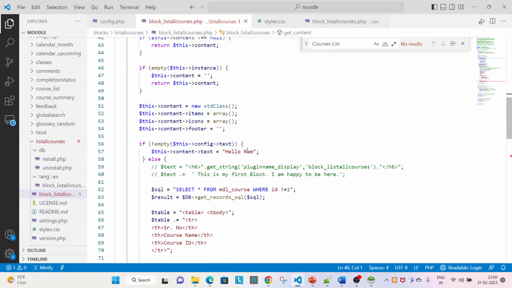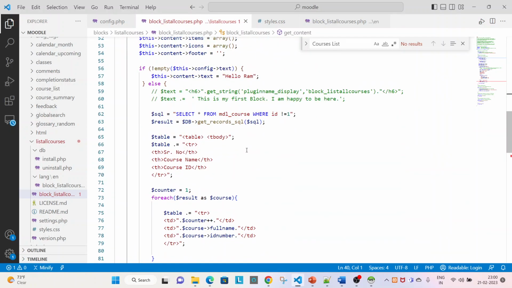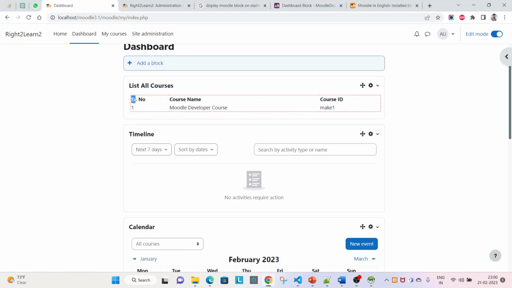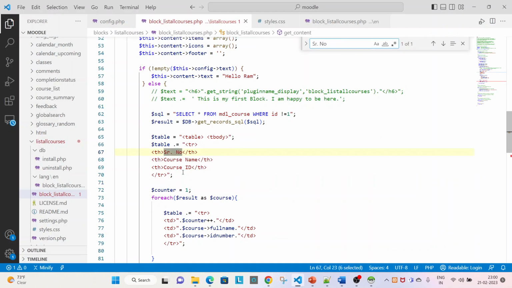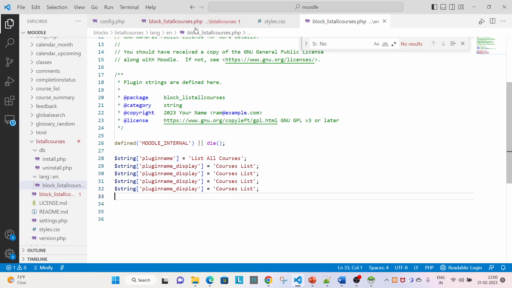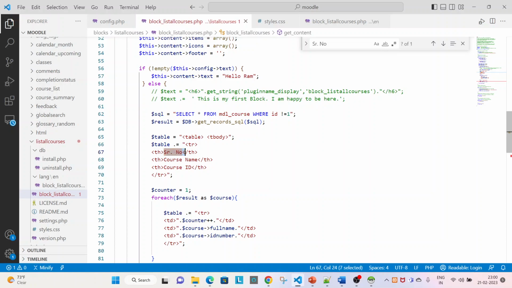The other thing is you should use a language file instead of hard coding. Right now I have used this serial number hard coded. Okay, you can see here the hard coded, but usually it should come from a language file. So let's put all these strings in the language file. So serial number,